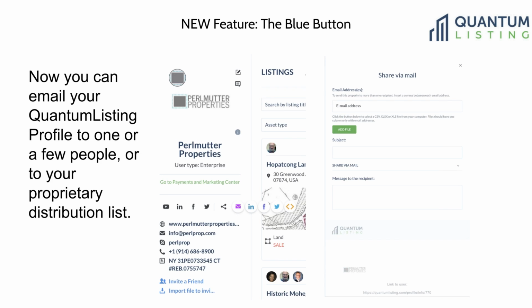All right. So you can also email your QuantumListing profile to one or a few people, or to your entire proprietary email distribution list. And you'll do that by clicking on this sharing icon here. It's the 3 dots with the 2 lines connecting them. And if you want to email your listing, your profile, click on the email icon here. And then you can, if you just want to send it to 1 or 2 people, just type in the email addresses here. But if you want to send it to a lot of people,